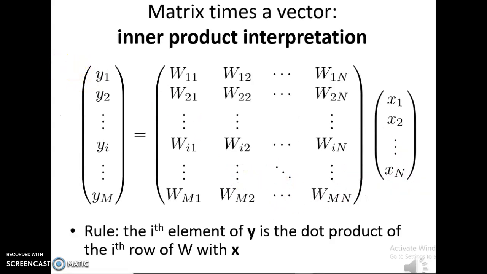Matrix times a vector. Inner product interpretation. Rule: the ith